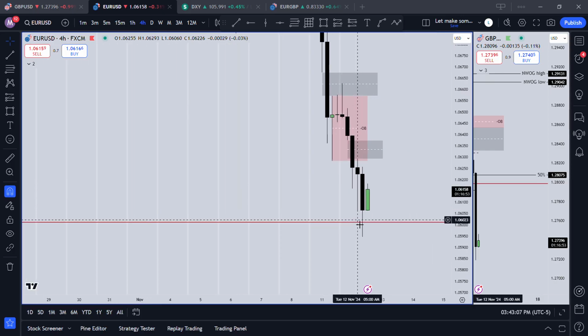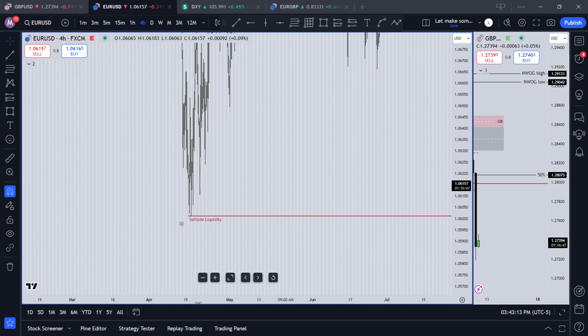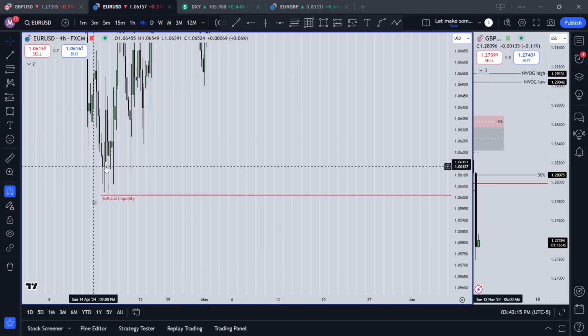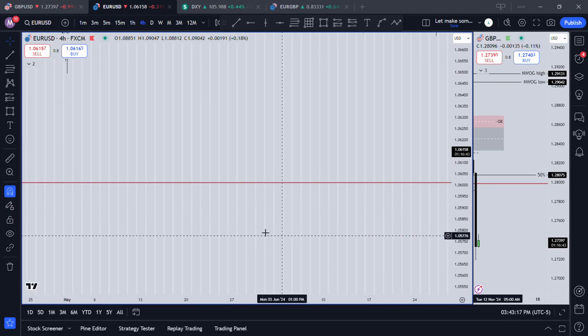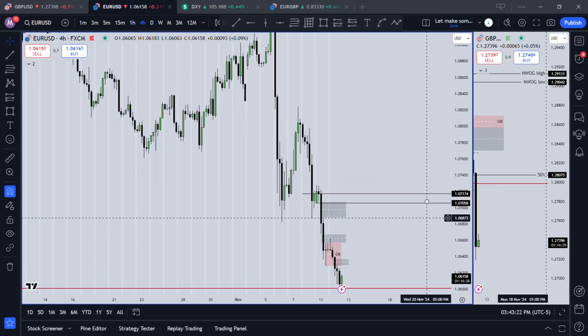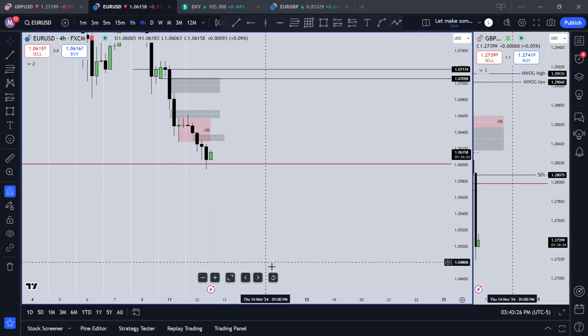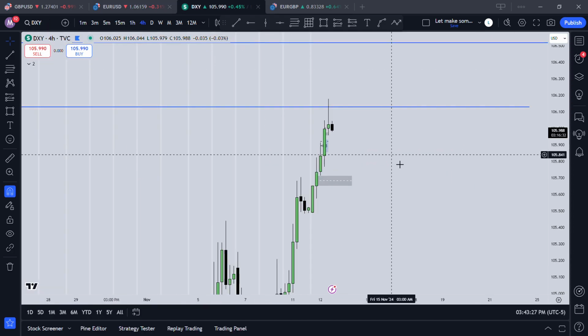You can see this low. First, scroll back and you'd see it here. This low here, we are not taking out these lows. So in my professional analysis, I was looking at price action saying we could continue going low for EU. It's a possibility. And then we go to DXY.